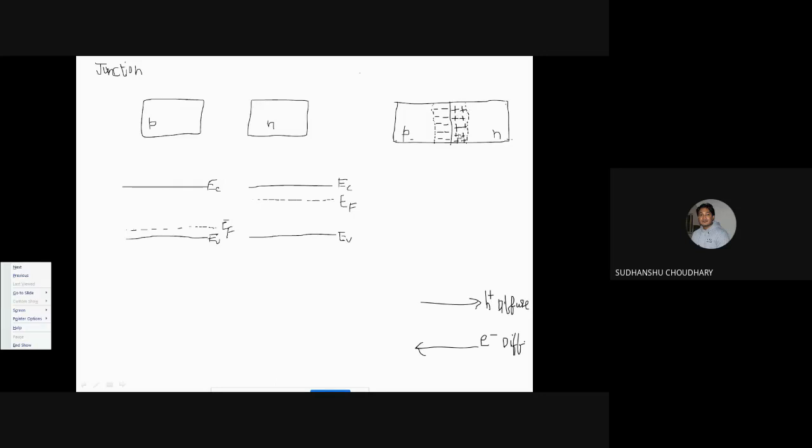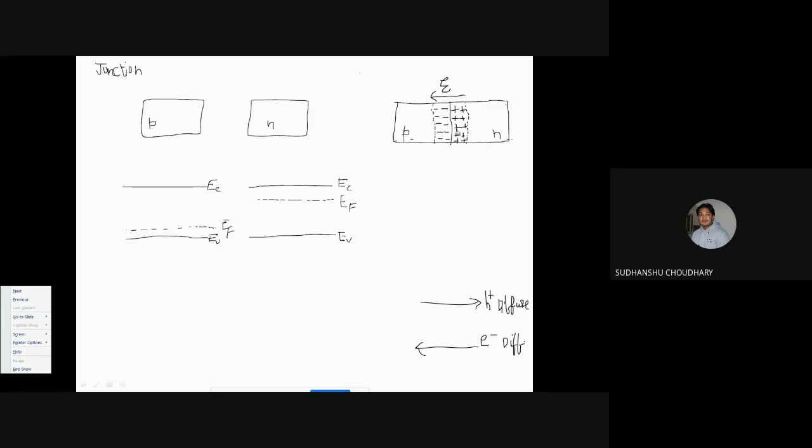Okay. Now we see at the junction we have positive ions here and negative ions collected, and we understand that whenever positive and negative charges appear, there also appears an electric field. The direction of the electric field developed in this region would be from the positive charge to the negative charge. That is, the electric field will originate at the positive charge and terminate at the negative charge, right? So let me call this the electric field. This electric field is developed because of diffusion of electrons and holes.